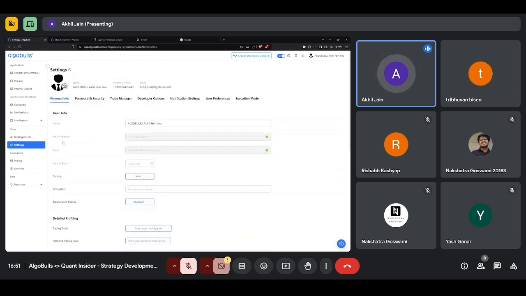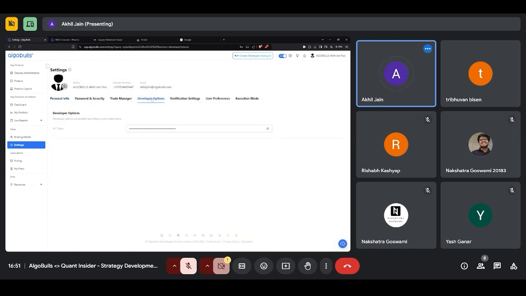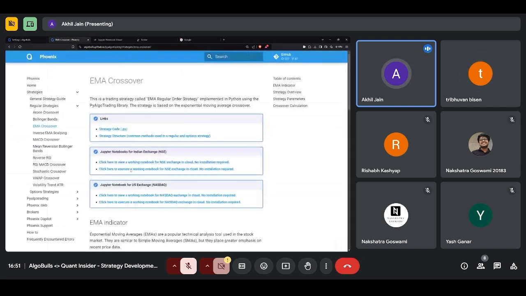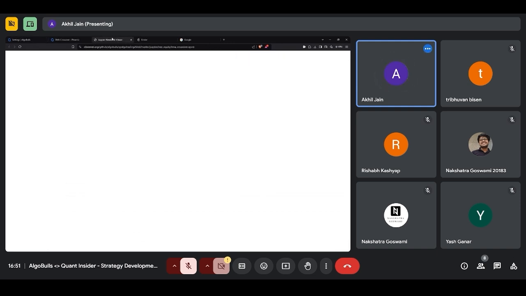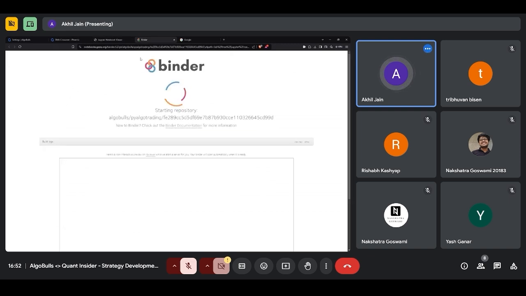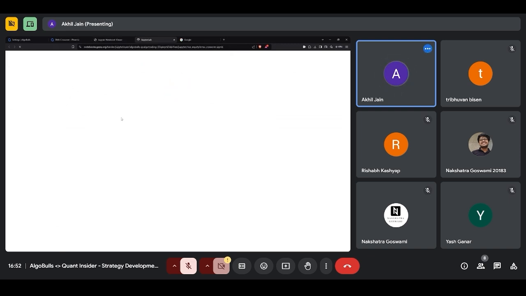Yeah. Under settings, I'll go in developer options, which is here. Under developer options, I'll just remove this button. This shows me an alphanumeric string. This alphanumeric string I'm going to use inside these Jupyter notebooks. And then if I run this Jupyter notebook step by step, what it is going to do is use your key to implement and run this strategy inside your account. So that's all that developer option is going to do. But let's see if I'm able to open that here and show it to you.